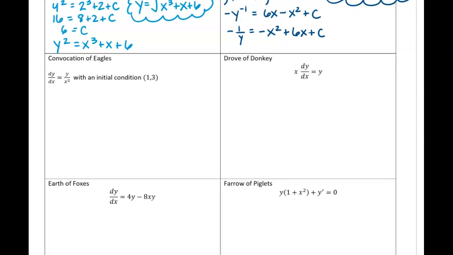Convocation of eagles. All right, I'm going to multiply by dx. I'll kind of show a middle step here. So I'll have dy equals y over x squared dx. You know what, actually, this isn't looking nice, and we could do it this way, but instead let's cross multiply, and we have y dx